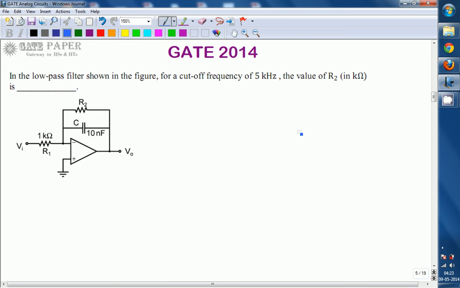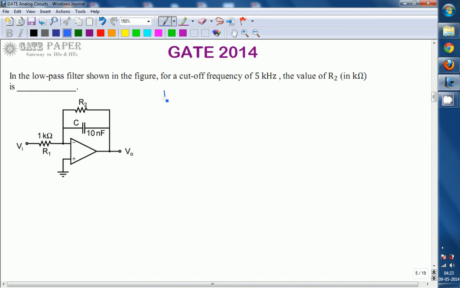The low pass filter is one that passes all low frequencies up to a certain frequency, which is called the cutoff frequency. For a low pass filter it is called the upper cutoff frequency. So the diagram looks like this.